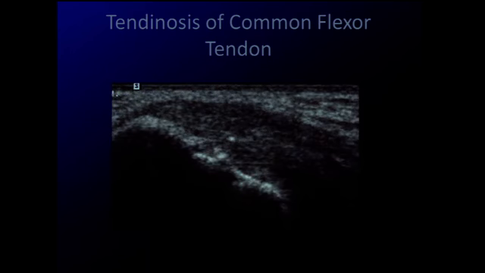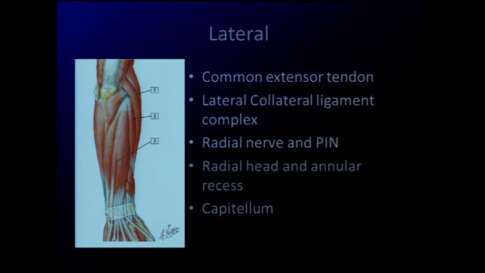One last case, in this case, more to illustrate that the underlying cortical surface at the medial epicondyle may appear irregular, and you may see calcification in the tendon in the chronic setting. Moving on to the lateral elbow,